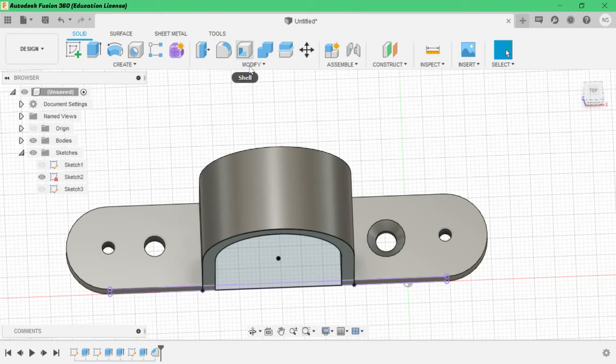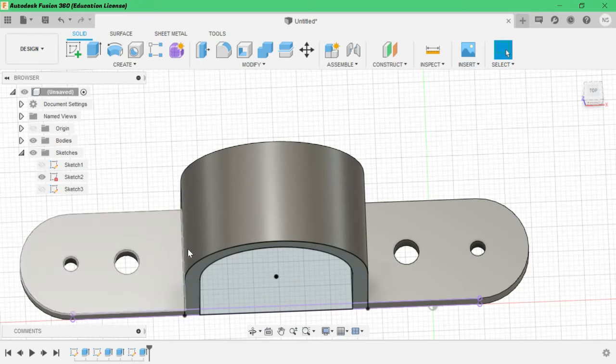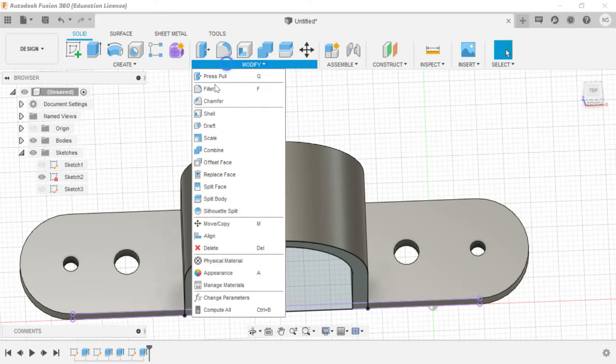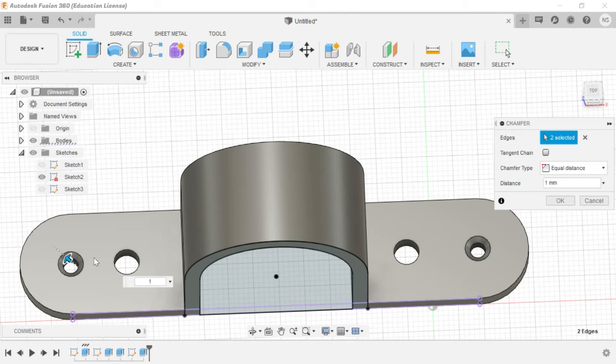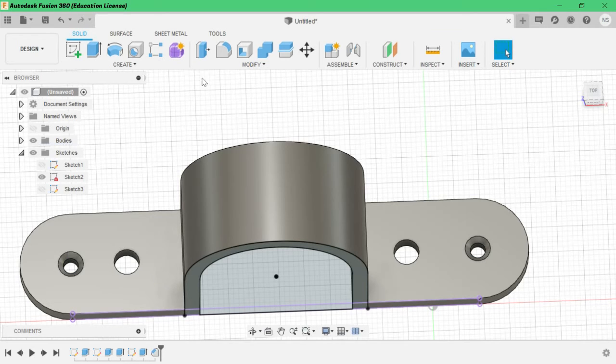Okay, and then we will go again to chamfer and then select edges. Okay, we will give only 1 mm because these are small holes, and click enter, and again go to chamfer.